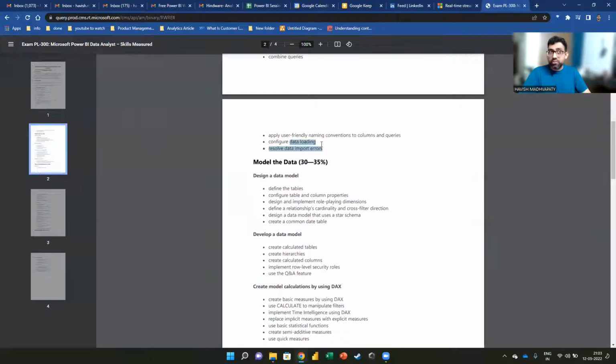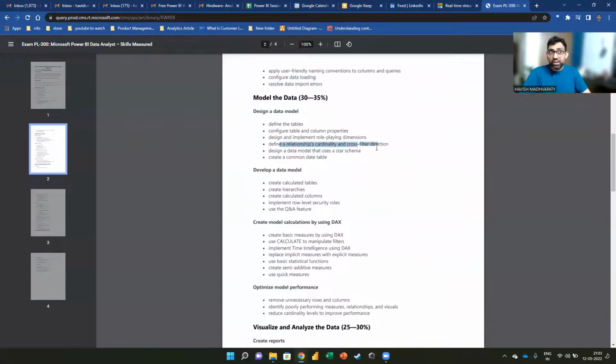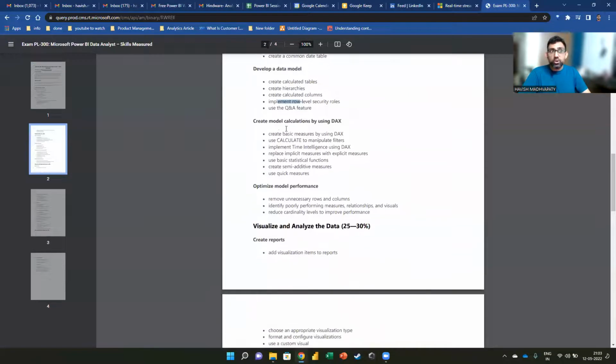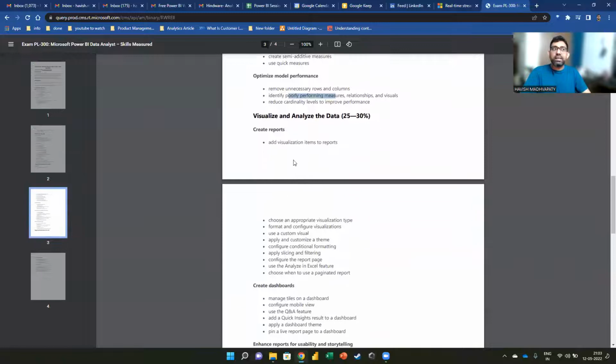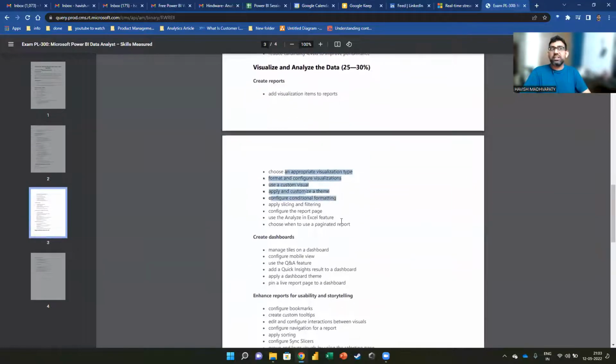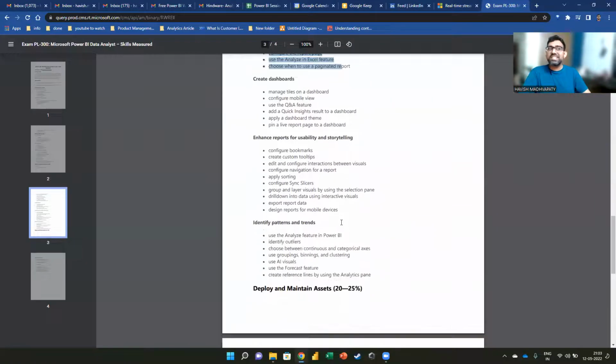Then you have to know configurations. Then you have to know data modeling. You have to know schemas. You have to know how to create a date table. These are the easy part. Then you have to know DAX, which I did not get a chance to cover today. Then what you see in Power BI is basically only the data visualization part, which is only 1/4 of the exam. Other than that, there are many, many things that they will ask.